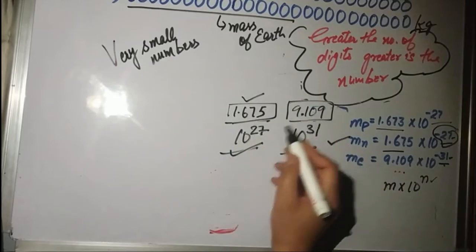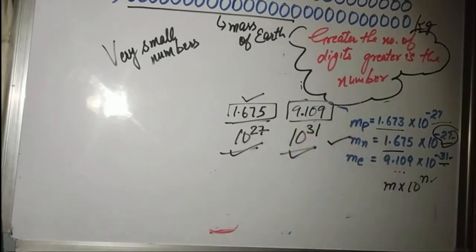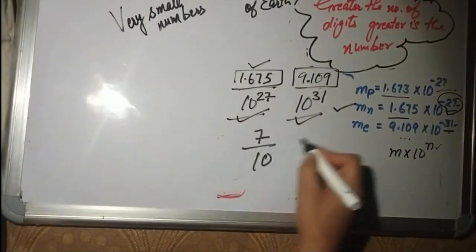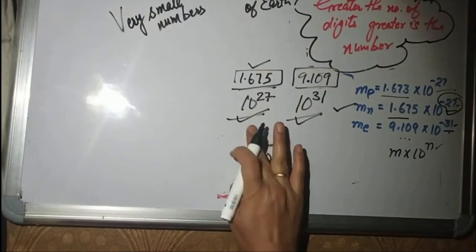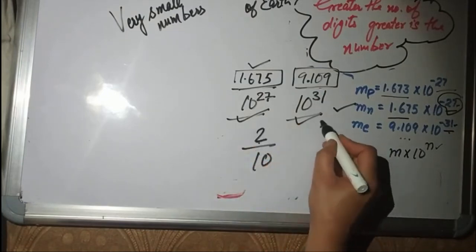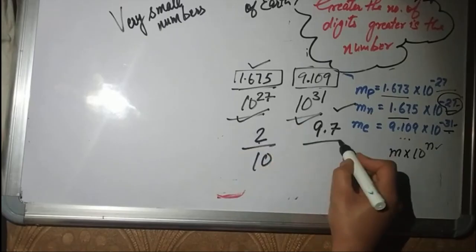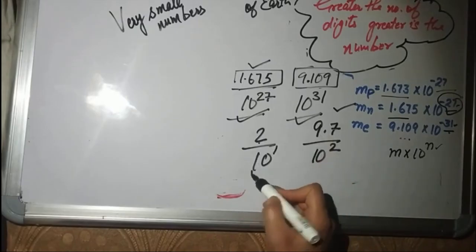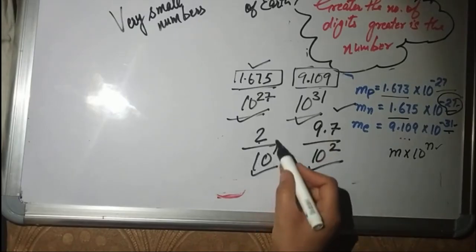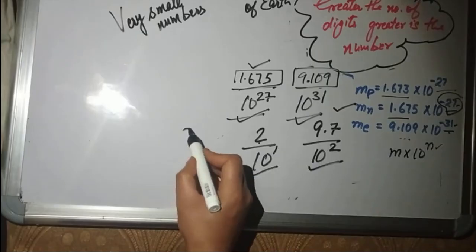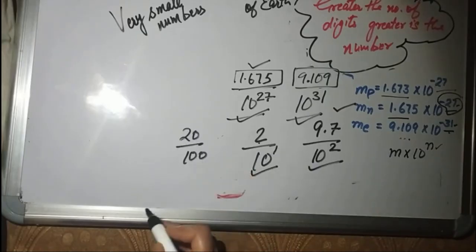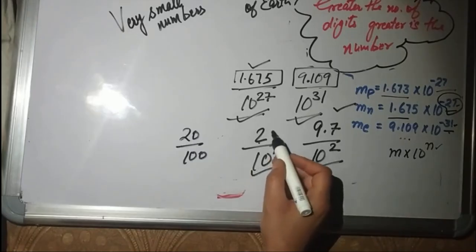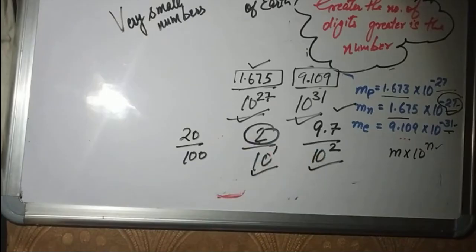You will use them if your denominators are the same. Then there is a need to look at the numerator. Just like 7 over 10, let's take a very small 2 and a very big 9. 7 over 10 raised to power 2. There's no need to look at these, because 2 over 10 means 20 over 100. If we have to make 10 raised to power 2, we additionally multiply with 10, which means it becomes a 2-digit number.